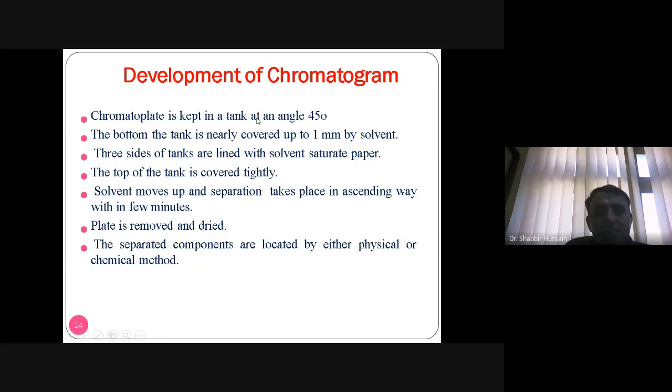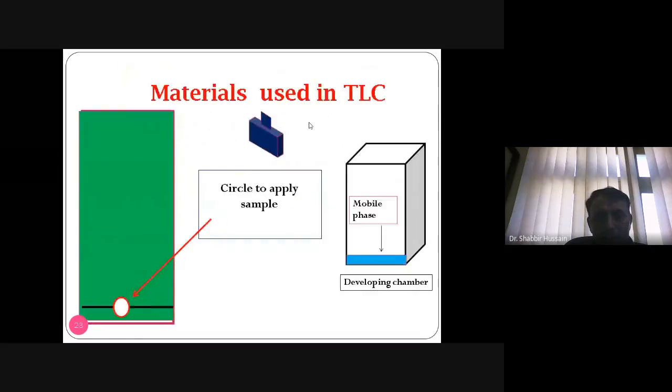क्रोमेटोग्राम इज कीप्ड इन ए टीएलसी टैंक एट एन एंगल ऑफ 45 डिग्री सेंटीग्रेड। 45 डिग्री के एंगल पे आप रखोगे ताकि आपकी जो सॉल्वेंट की मूवमेंट है वो बेहतर अंदाज में हो सके। द बॉटम ऑफ द टैंक इज नियरली कवर्ड अप टू 1 mm बाय सॉल्वेंट। ठीक है, इसका जो 1 mm से ज्यादा नहीं होनी चाहिए। इसका जो सॉल्वेंट जो है नीचे से, क्योंकि इस लाइन से ऊपर सॉल्वेंट नहीं आना चाहिए।